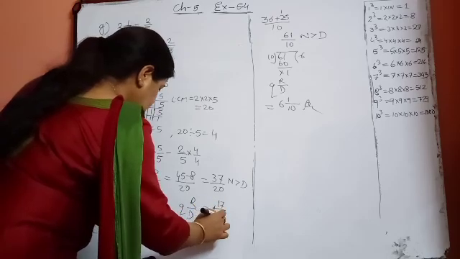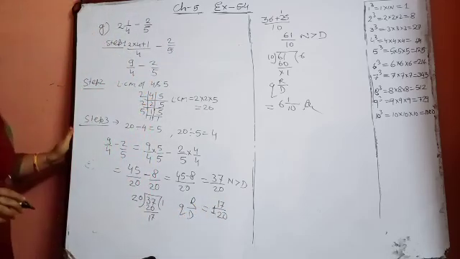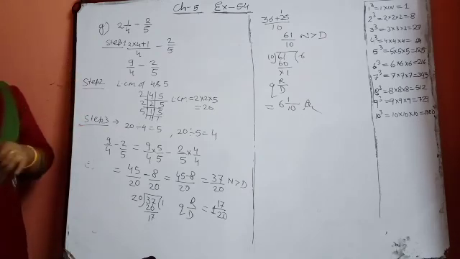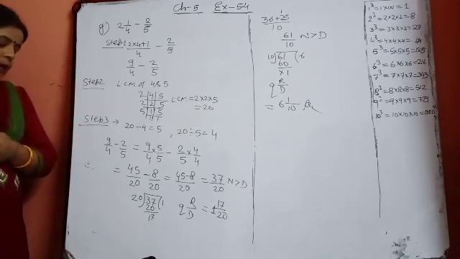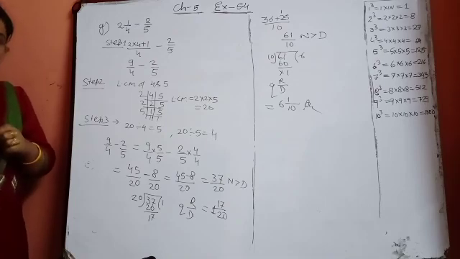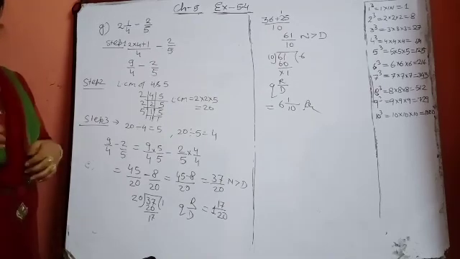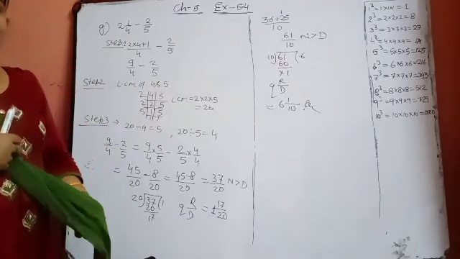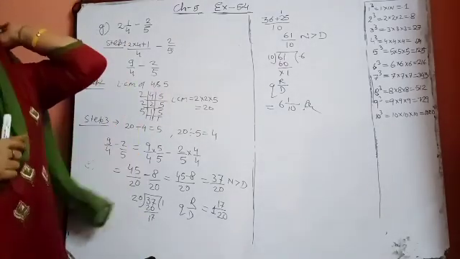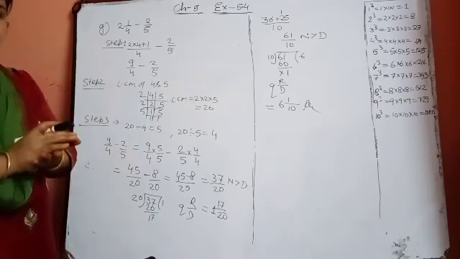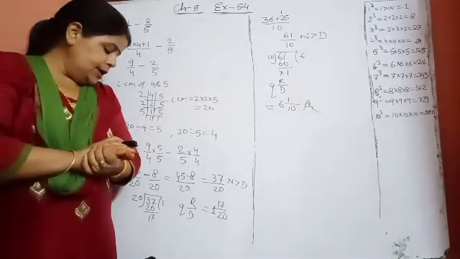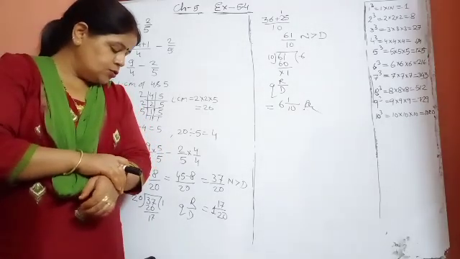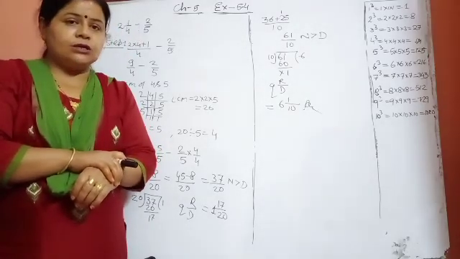Divisor is 20. So I have discussed all kinds of questions with you. With the help of these solutions, beta, you will complete exercise 5.4 and show me your solution. If you have any doubt or problem, just send me your solution. If there is any mistake, I will clear your mistakes and doubts. Okay, complete up to here. Then we are concluding today's class. Thank you and Jai Gurudev to all of you.